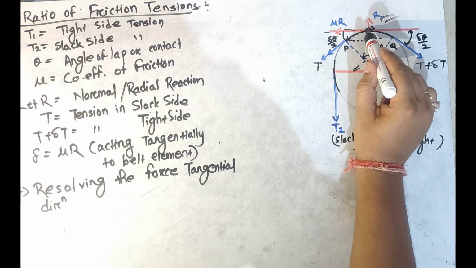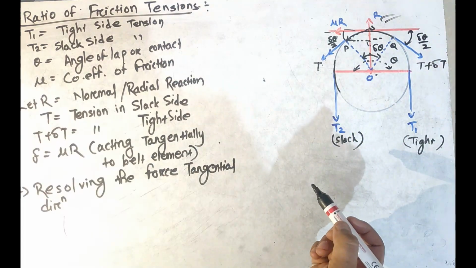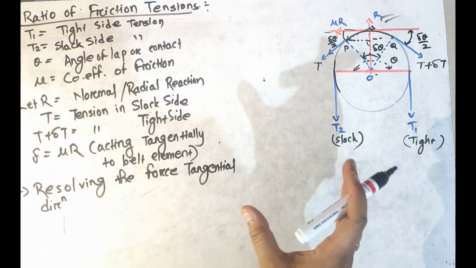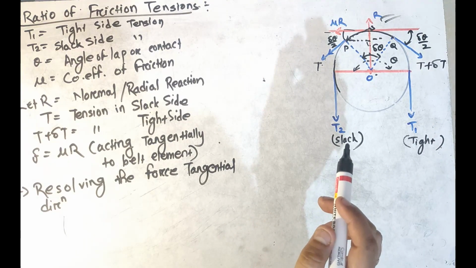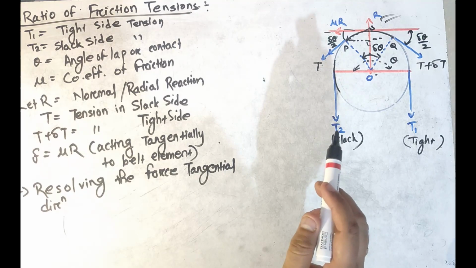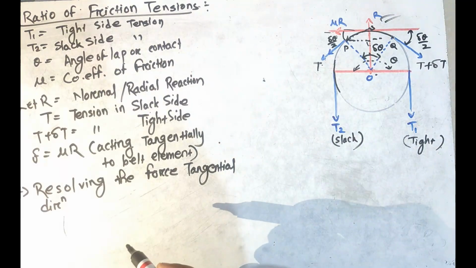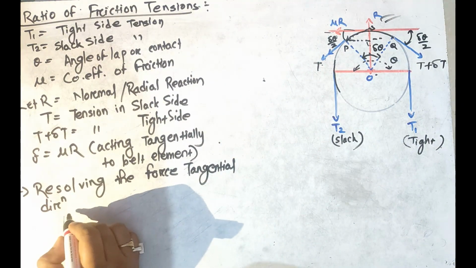So this line and this line are parallel, so this will become del theta by 2. Okay, so you will eventually know. If you are confused about how this is del theta by 2, just see the diagram very carefully, the way that I have shown. You just have to draw two triangles to know that. So this angle and this angle will be del theta by 2. So resolving the force in the tangential direction, what do we have?